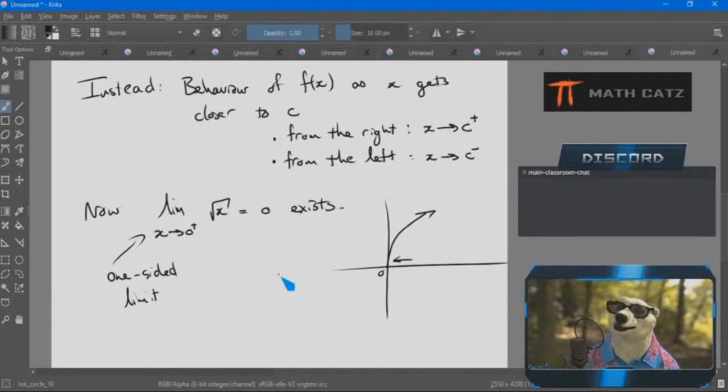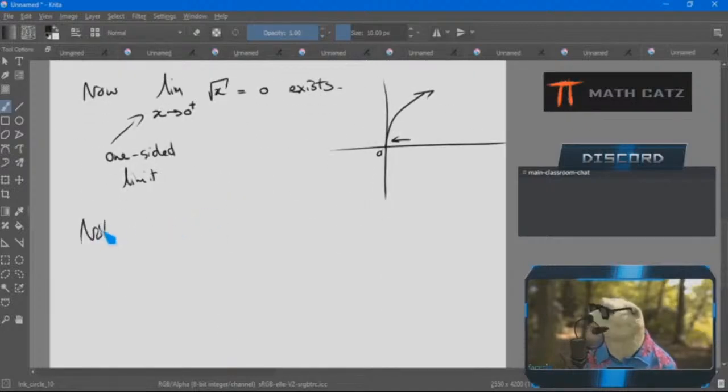If there's no graph, the function is not defined on that whole side of the x value that I'm interested in, I just have to technically change the question to focus on only that side. I'm still looking at behavior. Everything is the same, but this little plus tells me restrict your view to the right side. Or the little minus, restrict your view to the left side. Because that is what makes sense for this function and this x value in question. Okay, so